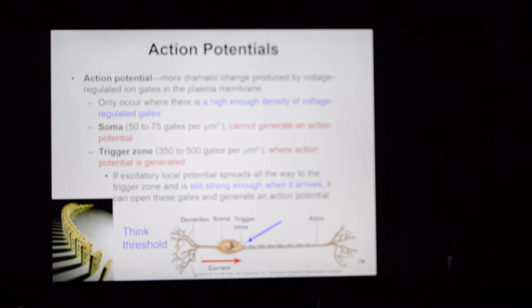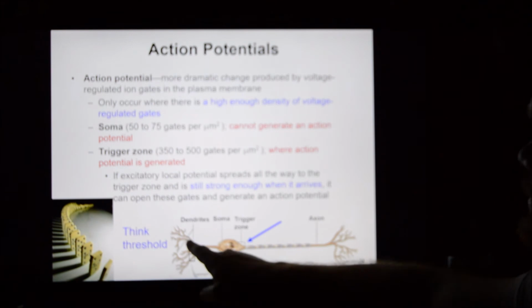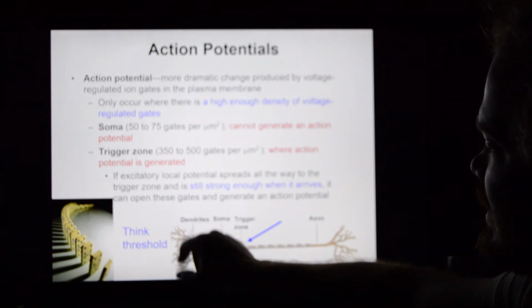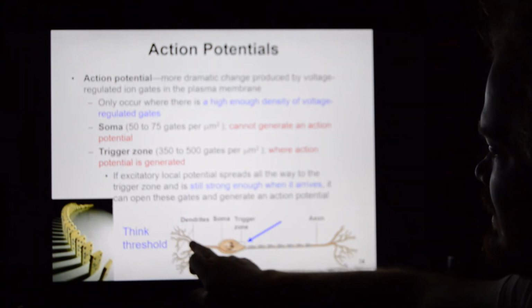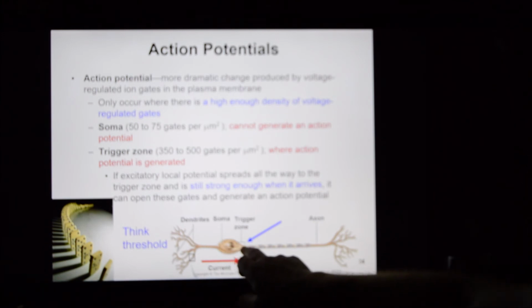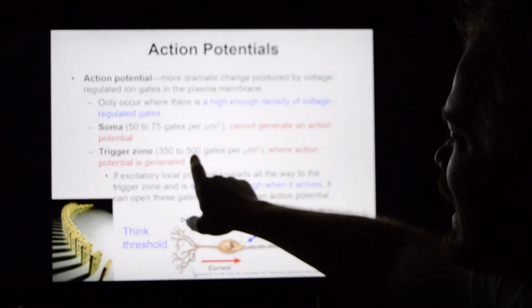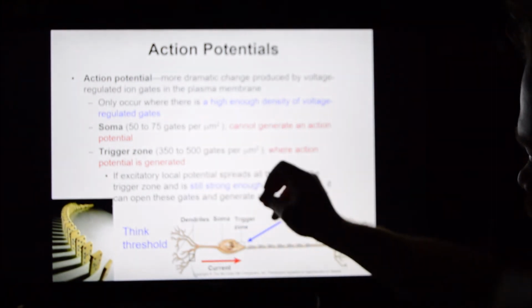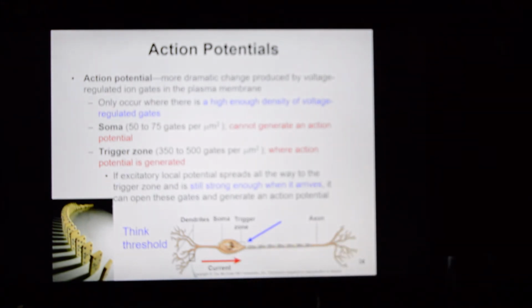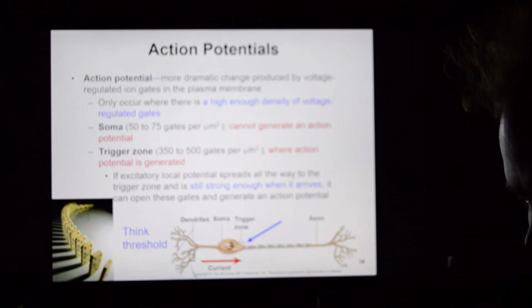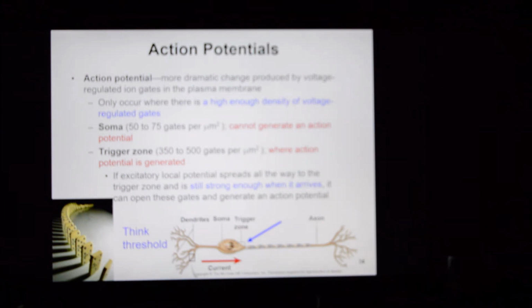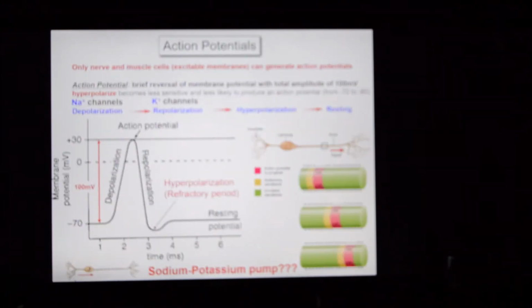Gated ion channels, voltage regulated, the soma. So you have a stimulus on the dendrites, which is a graded potential. It's going to flow down the length of this, eventually hitting the trigger zone. The trigger zone is special because it's just packed with gated ion channels, and when they crack open, they stimulate the action potential that goes down the length. So the trigger zone is important because it's the end of the soma, and when you stimulate that trigger zone, you're going to stimulate an action potential that travels the whole length of the axon.